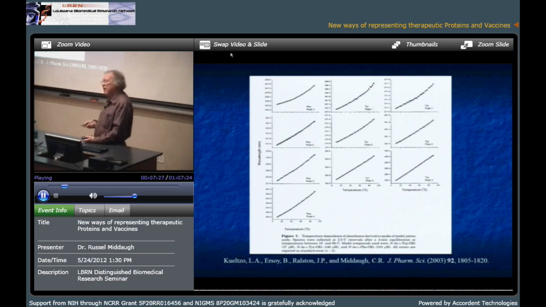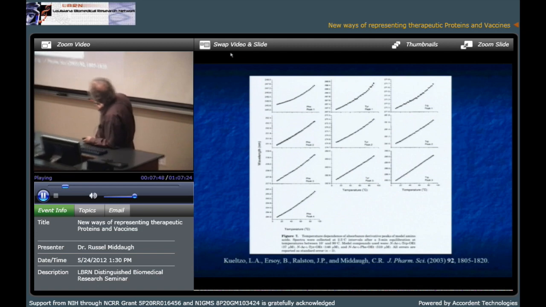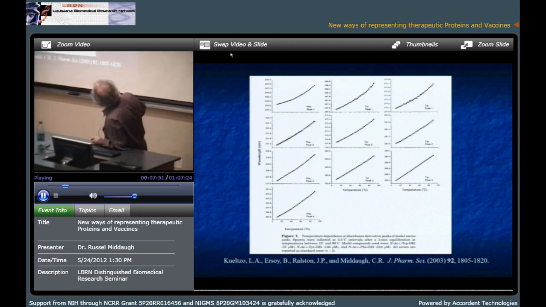Here's the effect of temperature on those peaks that you just saw. As you can see, the effect is very regular. There are no surprising deflections here. It's an intrinsic effect of temperature on the ultraviolet spectrum for tryptophan, tyrosine, and phenylalanine. It might surprise you to know that there are error bars. Usually, if I look hard, I can find one. There's one right there. They're actually error bars, but the points are bigger than the error bars.